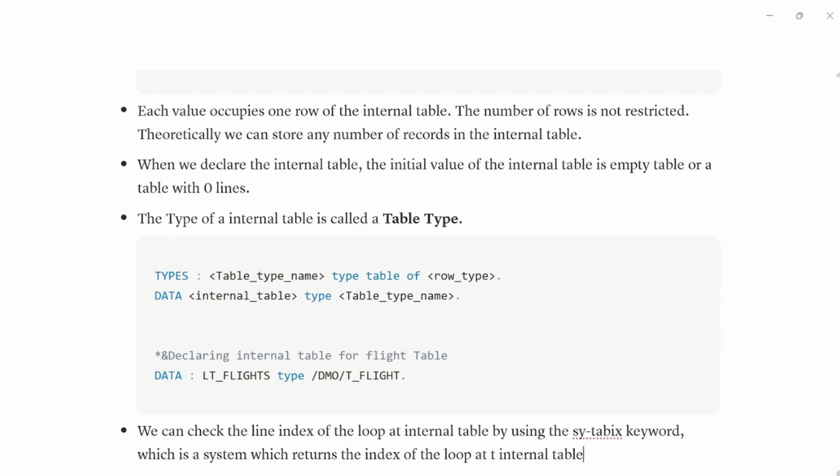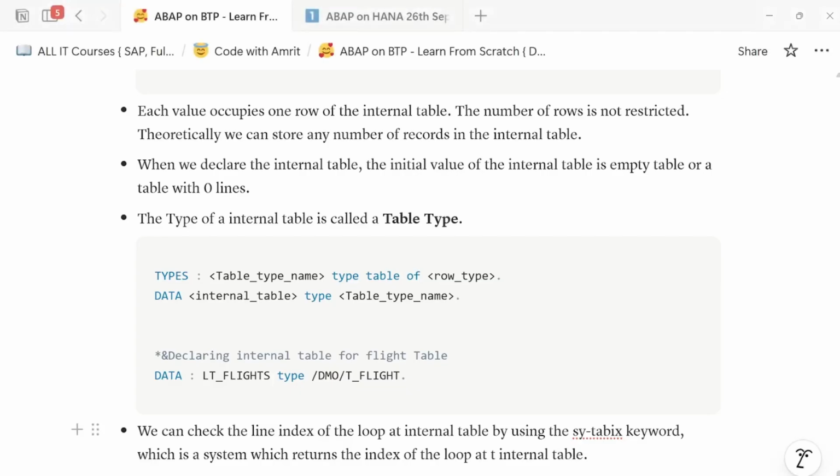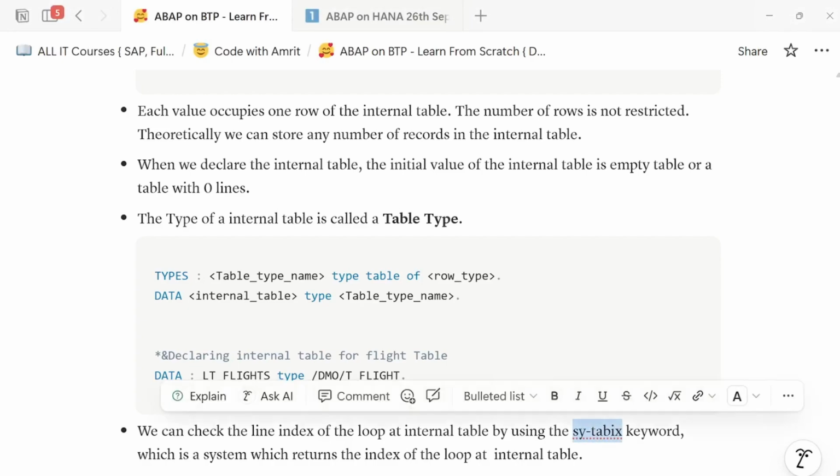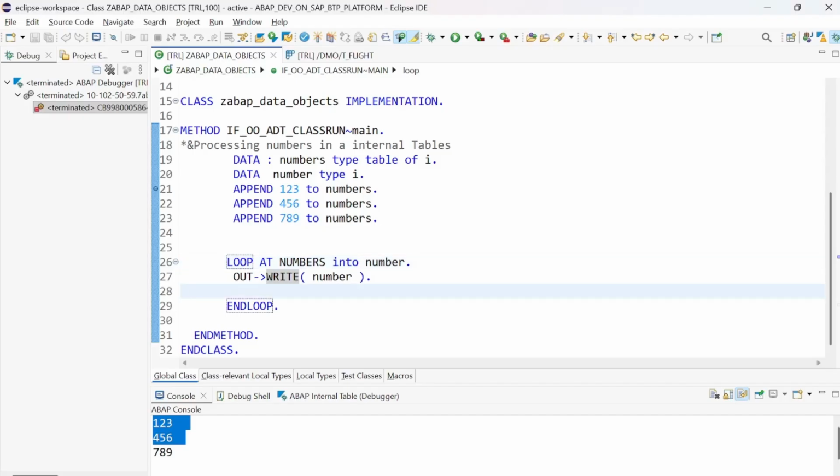So you can check what is the current iteration going on inside a loop at internal table by using this SY-TABIX keyword. So here in the program, if I just write it out in the same way,